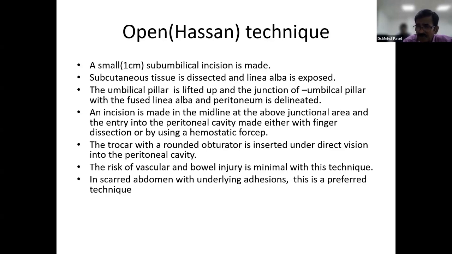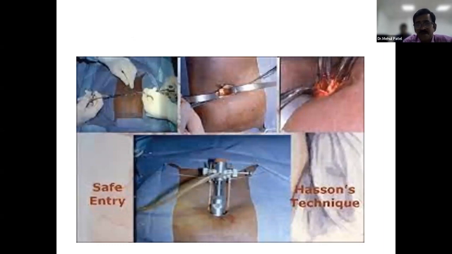And either with your finger or using hemostatic forceps, you try to create an opening in this area of fused linea alba with the peritoneum. And you can see the peritoneal cavity under your vision, and take a blunt trocar and introduce this trocar into the abdomen. So this is the open technique where you make an incision either supra, intra, or infraumbilical,